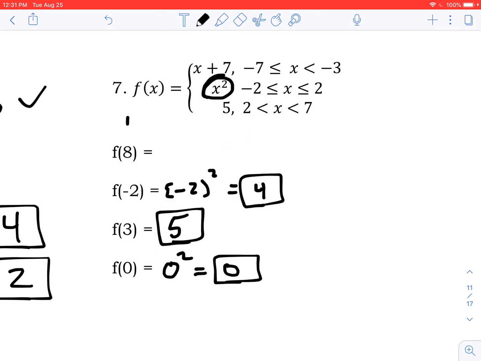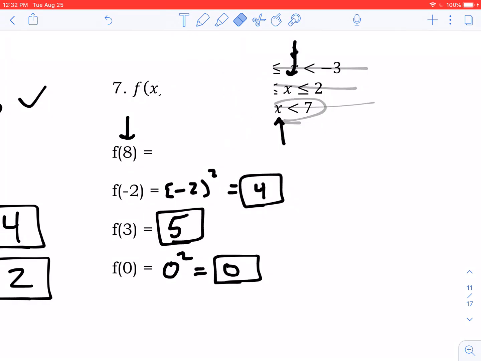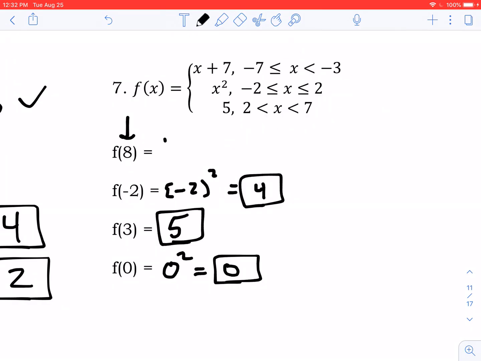So when x is 8, which of these 3 am I plugging it into? Well, let's look. If x is 8, is 8 smaller than negative 3 but bigger than negative 7? And the answer is no. So that one's out. What about this one? Is 8 in between 2 and negative 2? And the answer is no. And then the final one, is 8 smaller than 7? And that one's also no. So actually none of these work. And so when none of them work, it is undefined. There is no restriction that allows us to plug in an